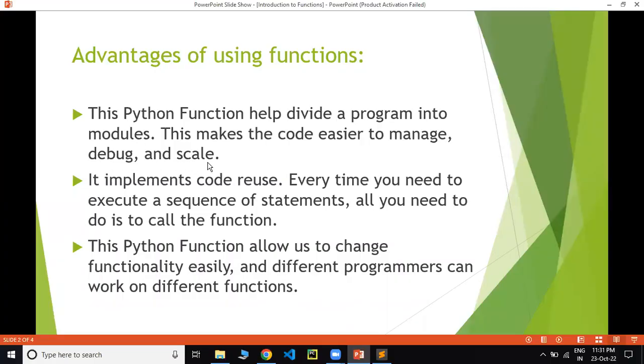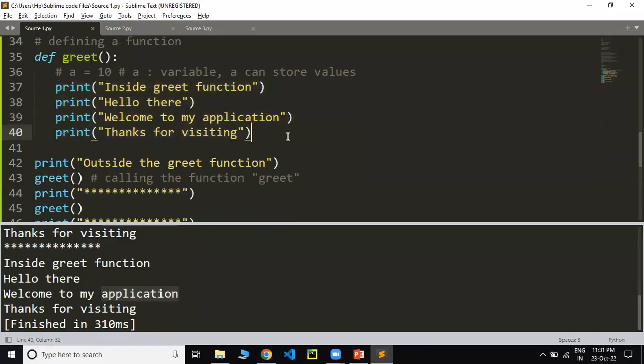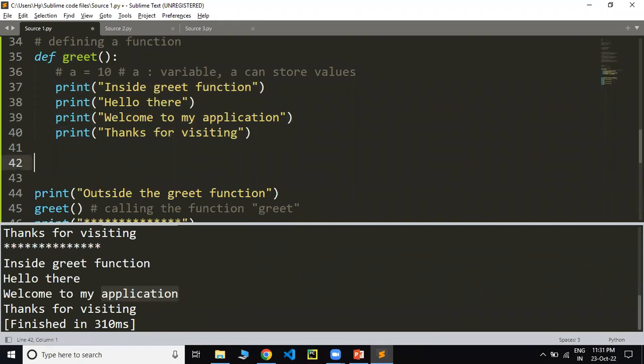And scale means, let's say you have to use these 4 lines of code 40 times. How many total lines will it take? 160,